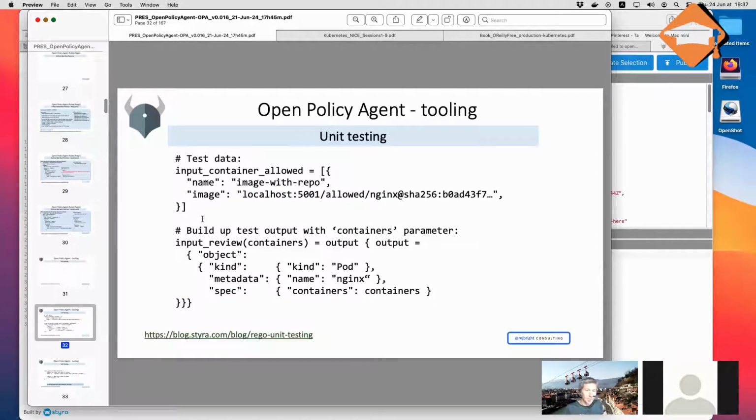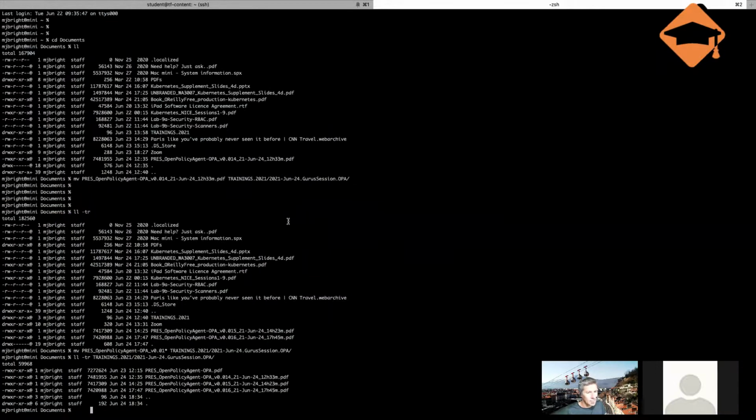Then we can run those against our policy to test it out. I'll do that in a moment. Maybe I'll go to the command line straight away. It's a bit more complex, but